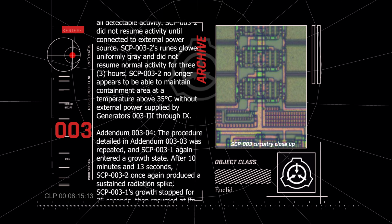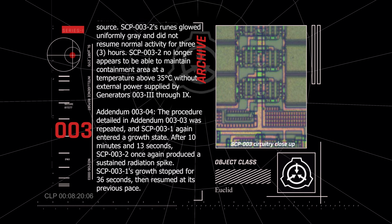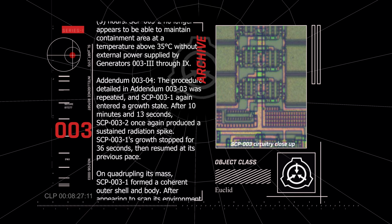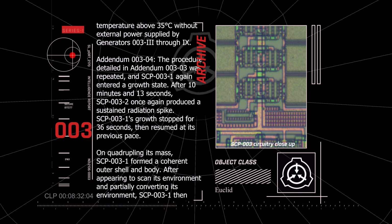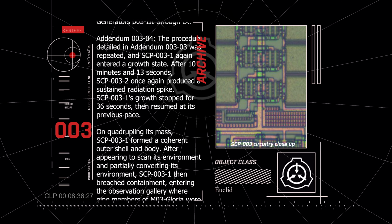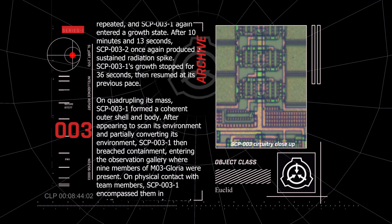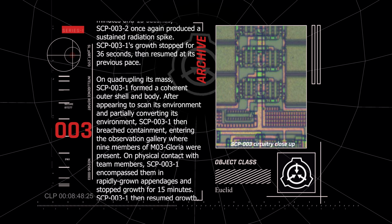Addendum 003-04. The procedure detailed in Addendum 00303 was repeated, and SCP-0031 again entered a growth state. After 10 minutes and 13 seconds, SCP-0032 once again produced a sustained radiation spike. SCP-0031's growth stopped for 36 seconds, then resumed at its previous pace. On quadrupling its mass, SCP-0031 formed a coherent outer shell and body. After appearing to scan its environment and partially converting its environment, SCP-0031 then breached containment, entering the observation gallery where